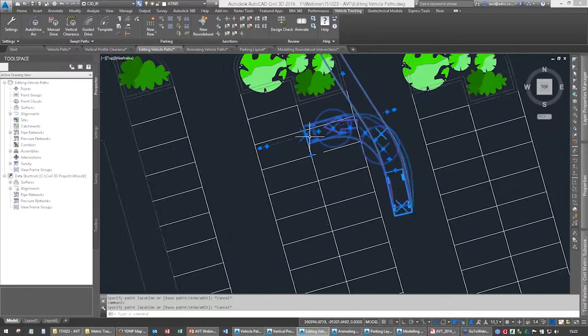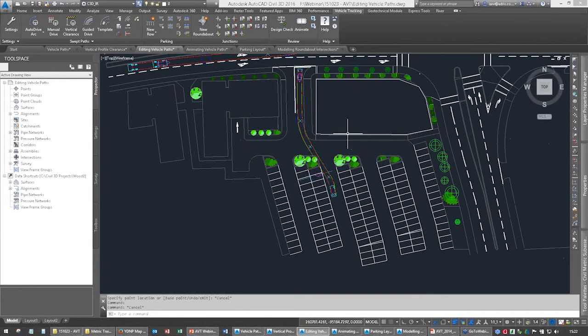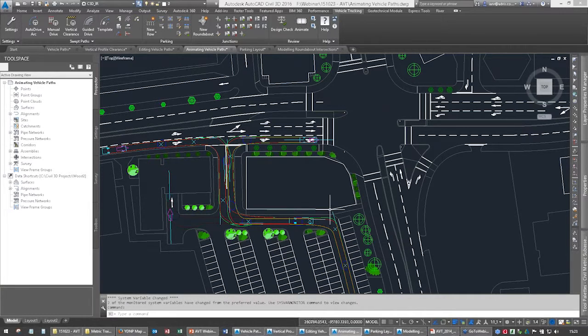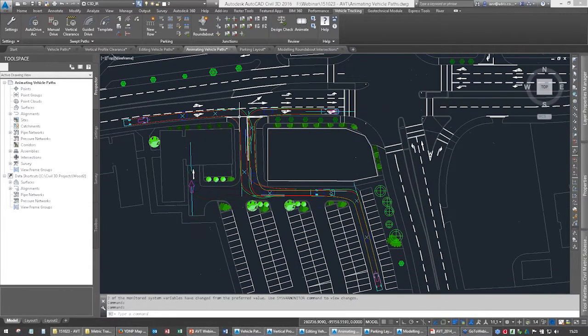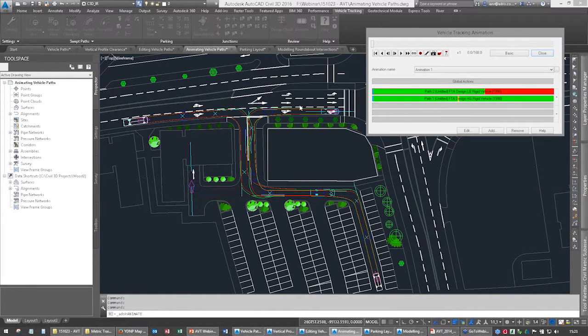Okay, what we're going to look at next. Let's have a look at this animating in a bit more detail as well. So here we are, we have some vehicle paths in here, and we've seen how the animation works, where we can basically play, make it go forward faster or slower, like so,